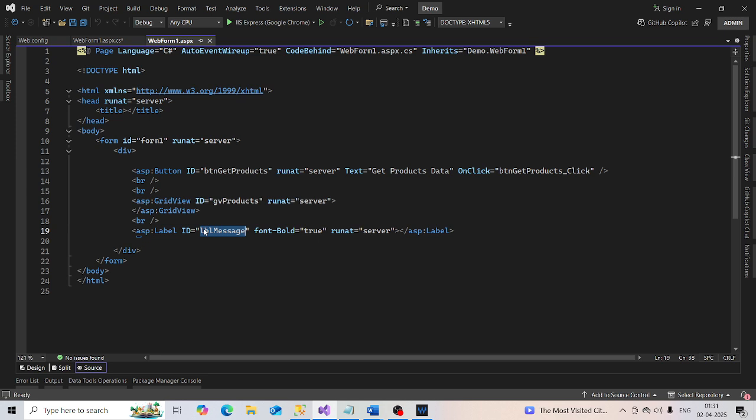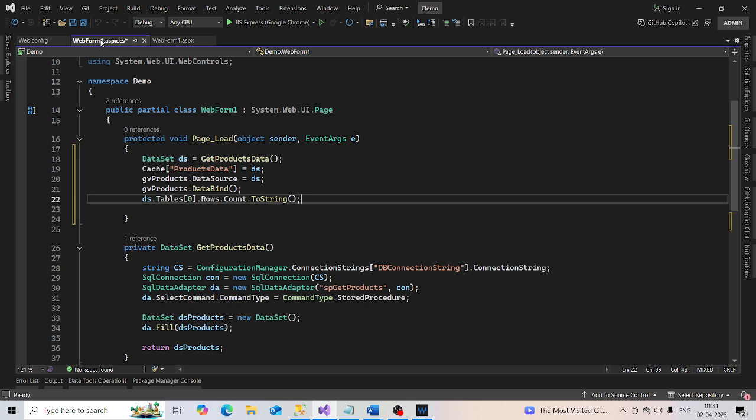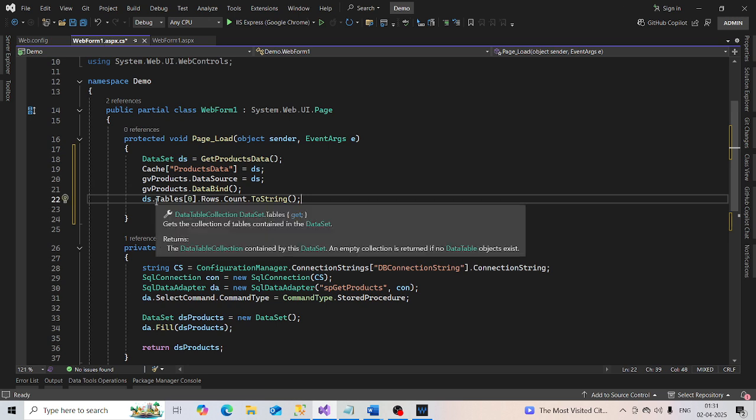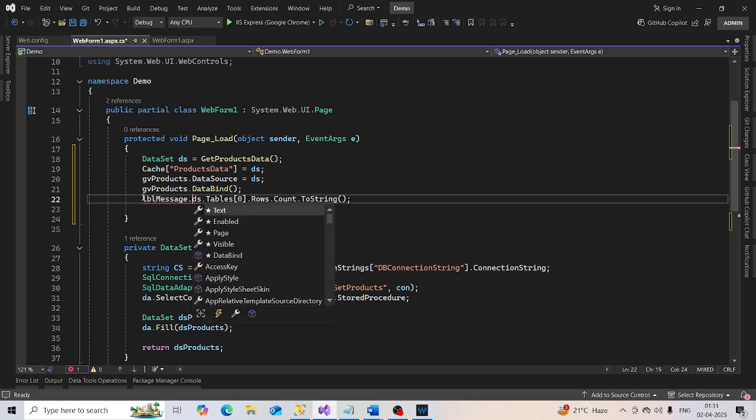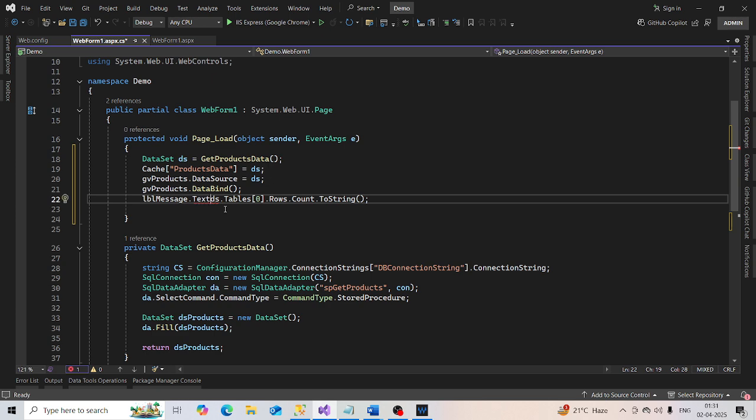So label message dot text is equal to this line here,